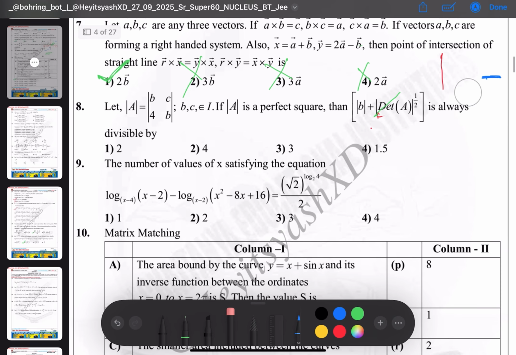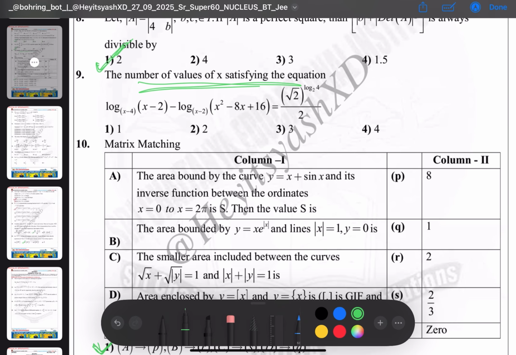Next, moving ahead. The number of values of x satisfying the equation. So, alright. So let us solve this. So the first, let us not bother about it. If you check this, x square minus 8x plus 16, that is simply x minus 4 whole square. So you have x minus 4 whole square here. So you can write it as log x minus 2 x minus 4 minus log x minus 4 whole square. So this 2 you can bring it here. So x minus 2, alright, is equal to,